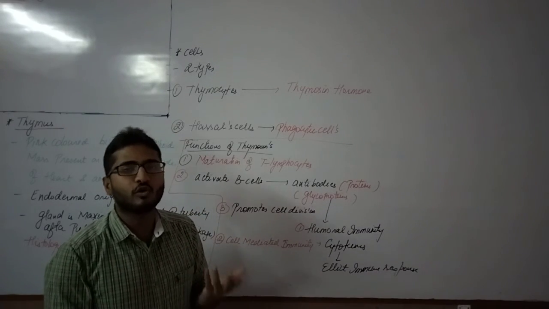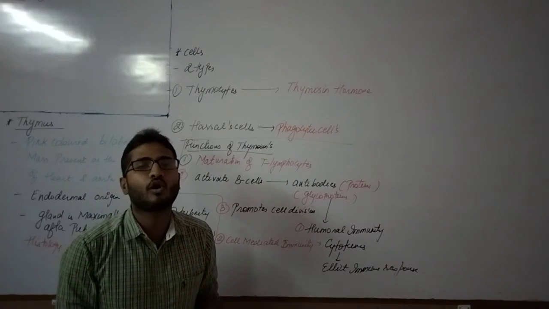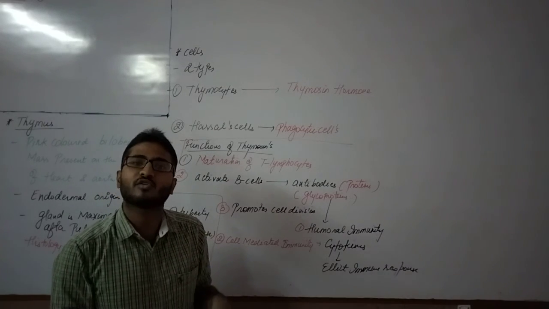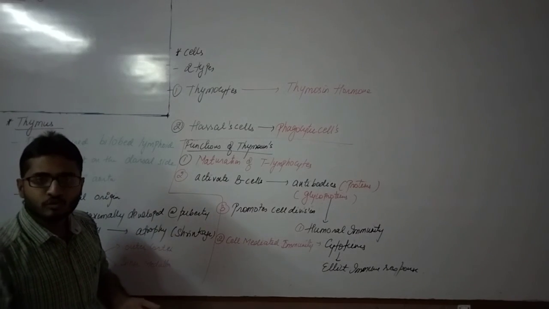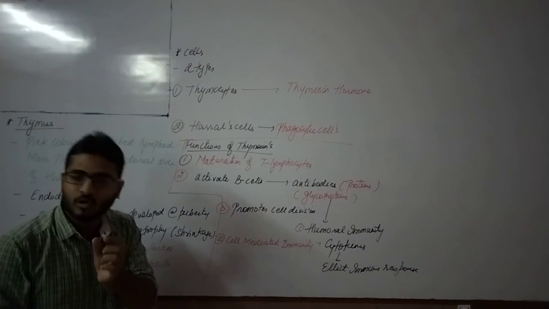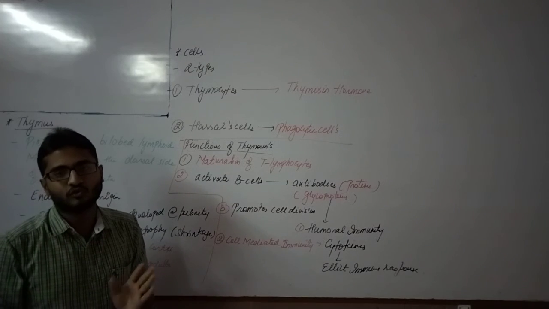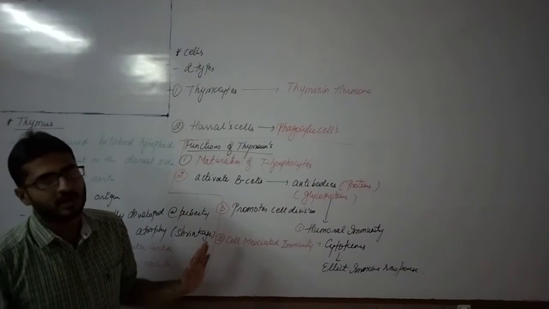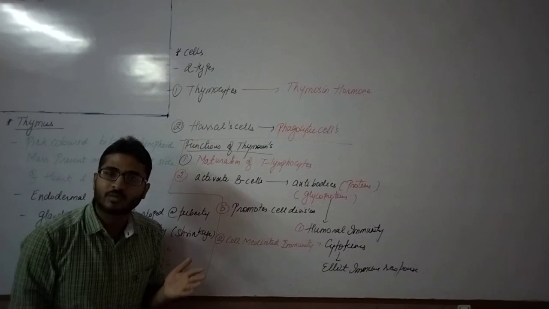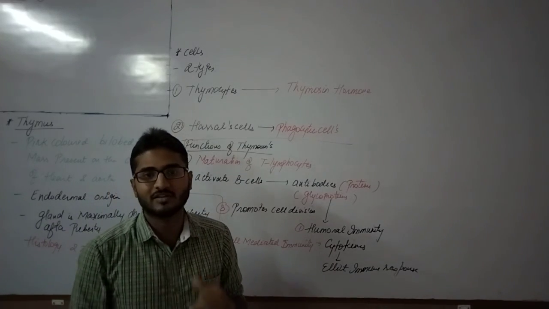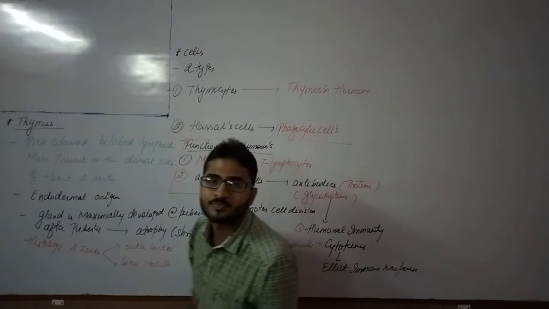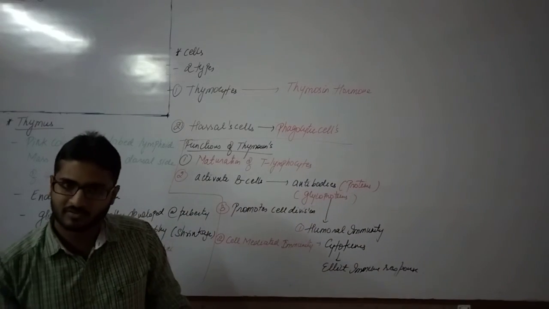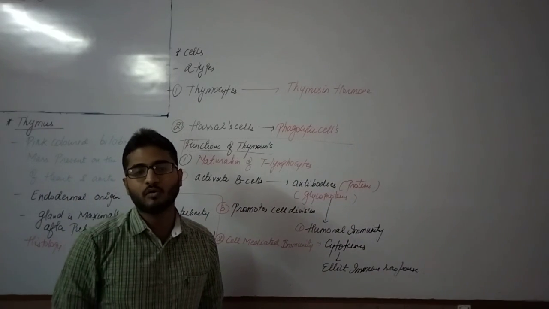That is why old age individuals suffer from a lot of infectious diseases. Why? Because the gland which is providing immunity is now no more functional. It is a very small gland. It is degenerated. So who is going to provide immunity? So in case of old age, the immune system weakens. That is the reason: atrophy of the thymus gland. So this was all about the thymus gland. In the next segment we will discuss the pineal